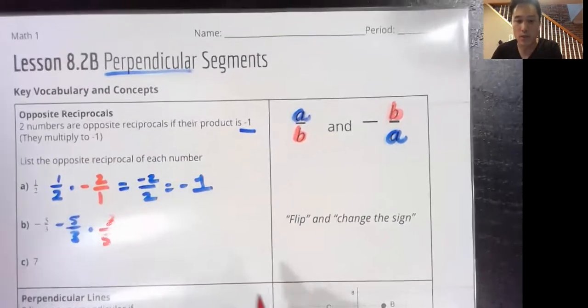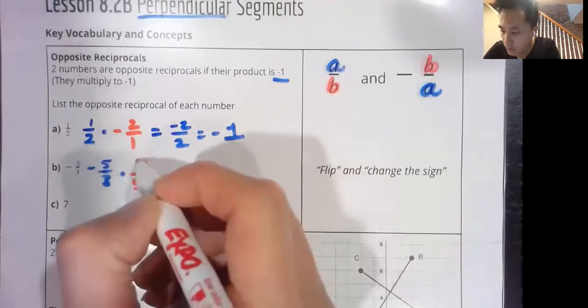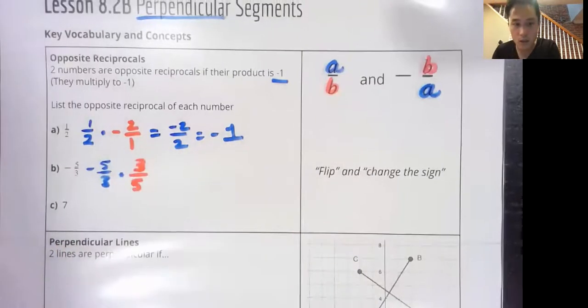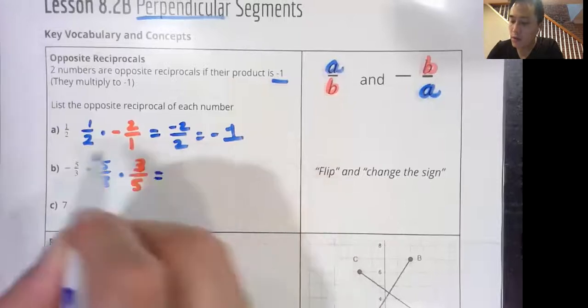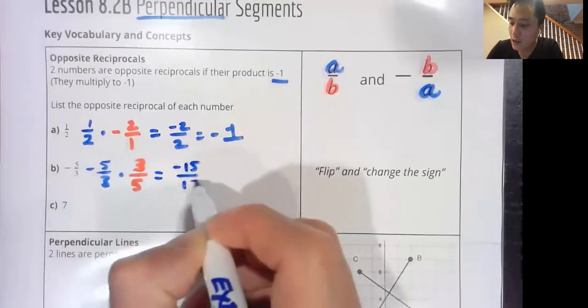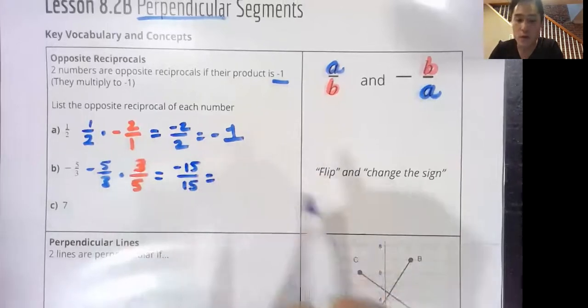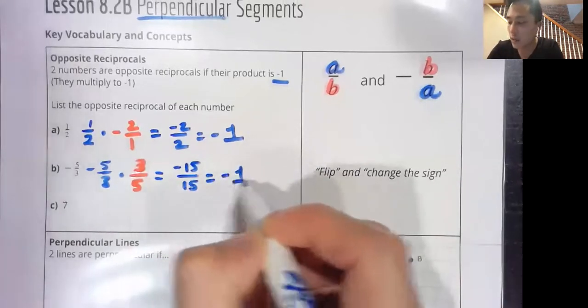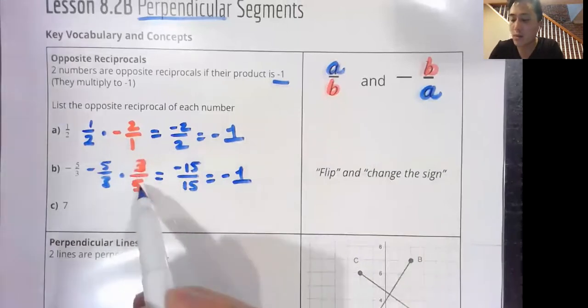Flipping the numerator and the denominator. If we multiplied those out, we would get -15 as the numerator and 15 as the denominator. -15 over 15 is equal to -1. That's why 3/5 positive is the opposite reciprocal of